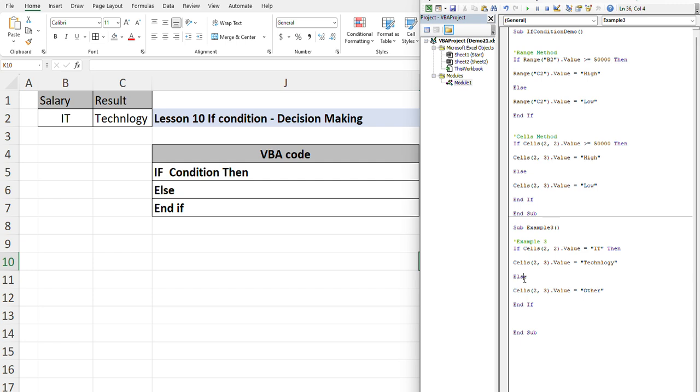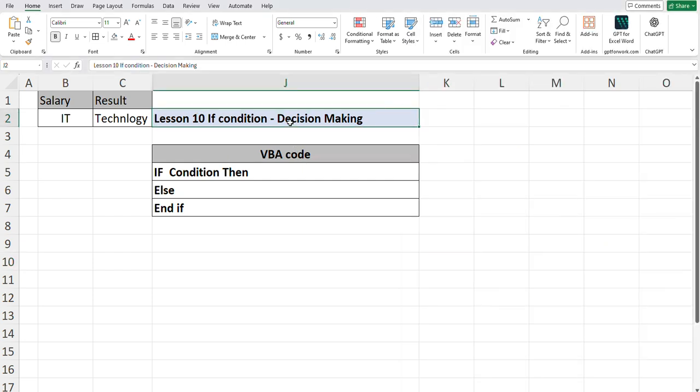rows automatically. So today we learned that an if statement allows VBA to check a condition and perform different actions depending on whether that condition is true or false. In the next lesson, we'll learn for next loops and see how VBA can automatically process multiple rows without repeating